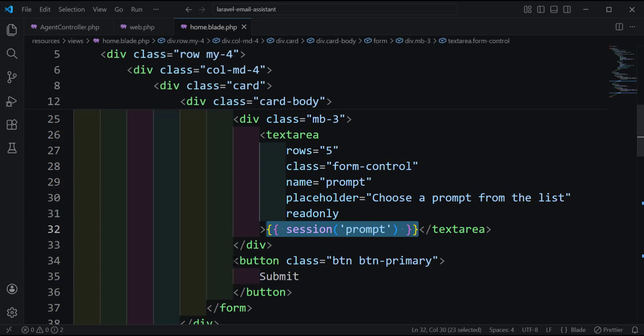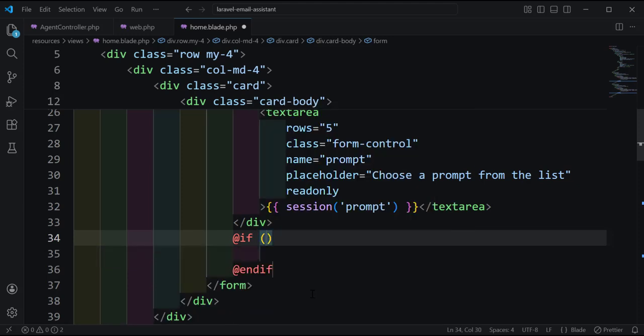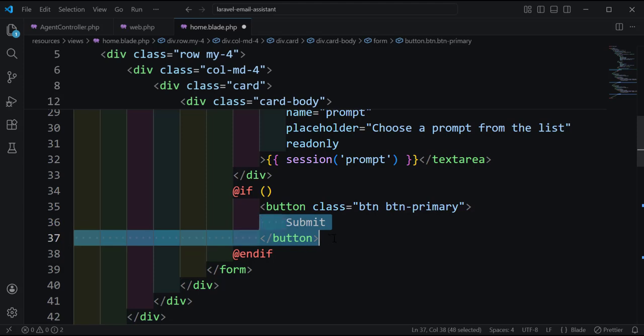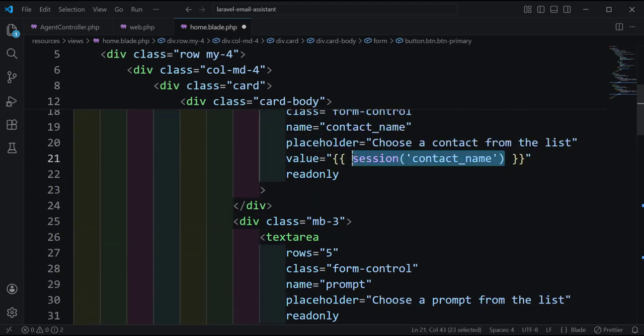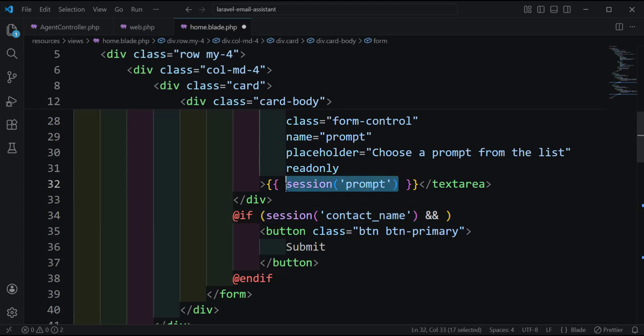And we have the submit button, but we need to make sure that the button will be available only if we have session contact name and session prompts. All session have the contact name and prompts. Okay,